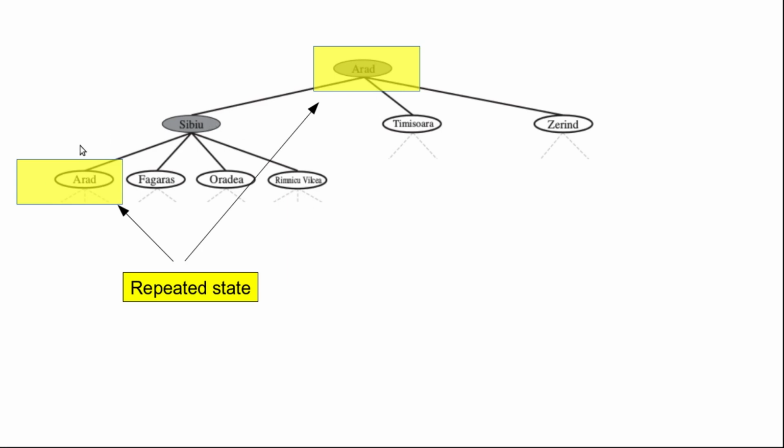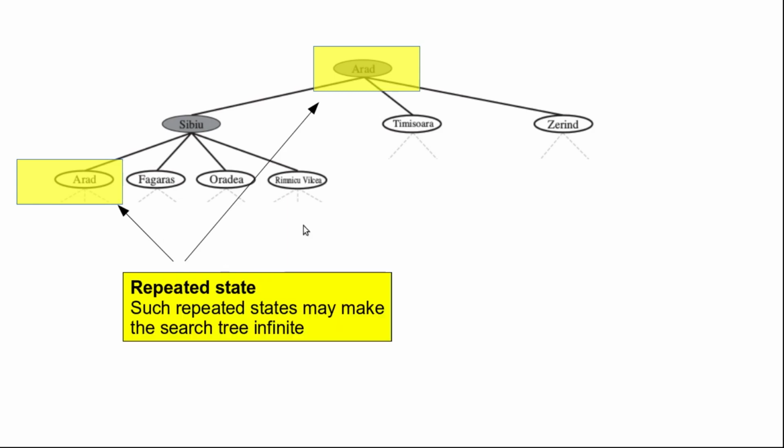And as you can see, these 2 nodes, Arad, they are repeated states. Arad already appeared in the search tree, and it is appearing again here. And this can lead to a problem, because what may happen, we start with Arad, we generate these 3 nodes,